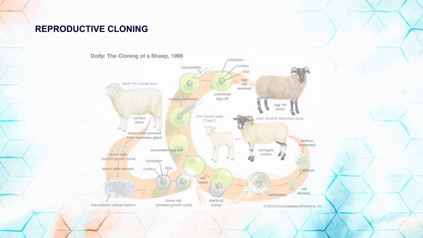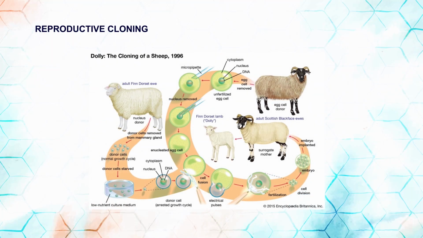First, start with reproductive cloning. As we know, this process involves transferring the nucleus of a somatic cell from the donor organism into an egg that has had its nucleus removed. The egg, now containing the genetic material of the donor organism, is then stimulated to develop into an embryo and implanted into a surrogate mother for gestation. The resulting offspring will be genetically identical to the donor organism,